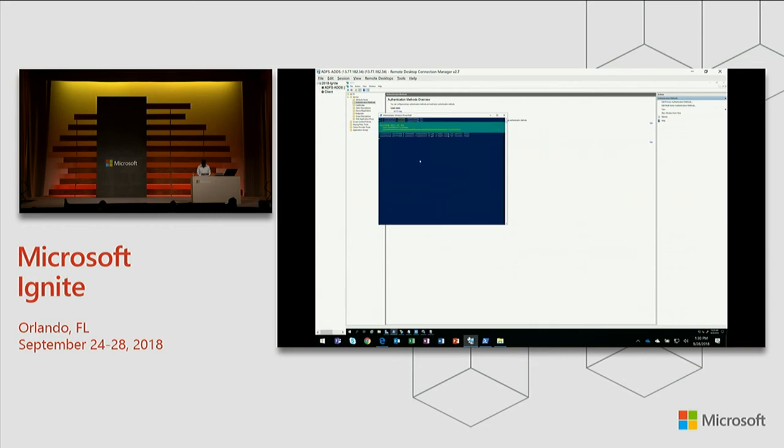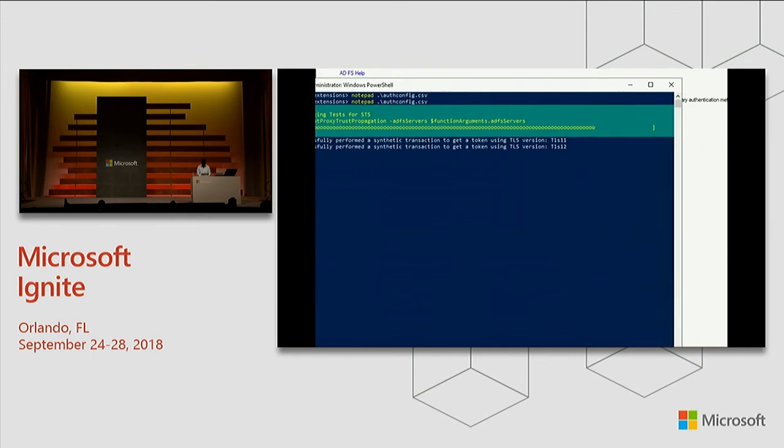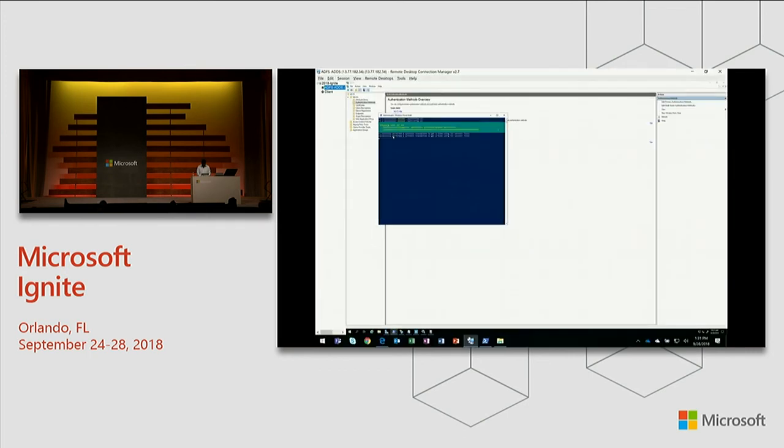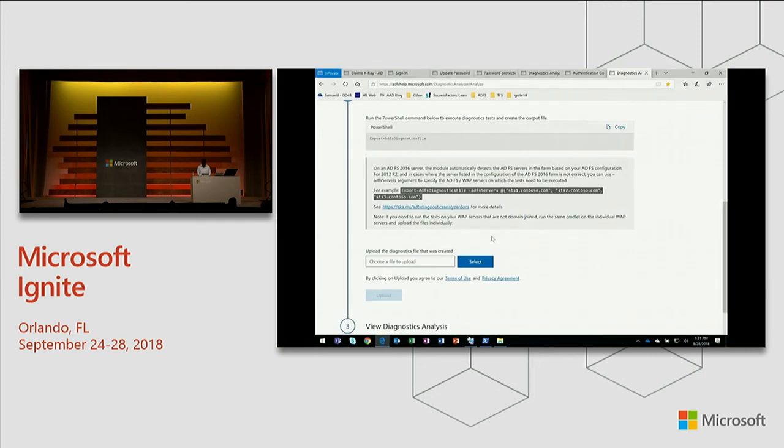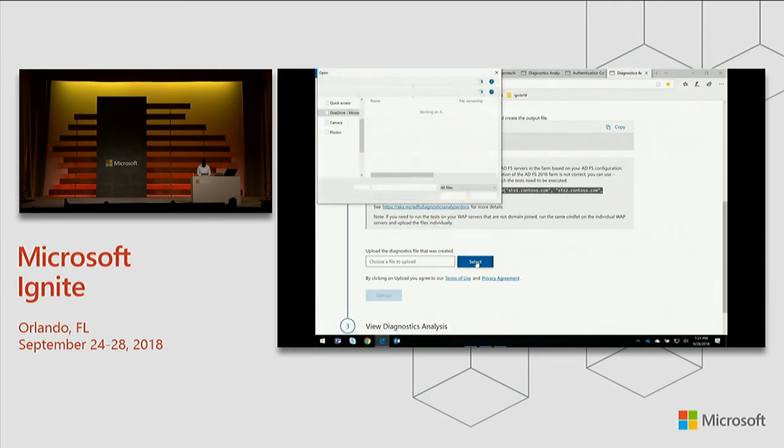It's running a whole bunch of tests. No, it's not live. Hang on one second, because I turned off one machine. Let's run it against the machine. And it found an issue. But at the end of the day, it got a certain file, like I've been running as part of my demos. Now, I already have a file available. I just pick it up